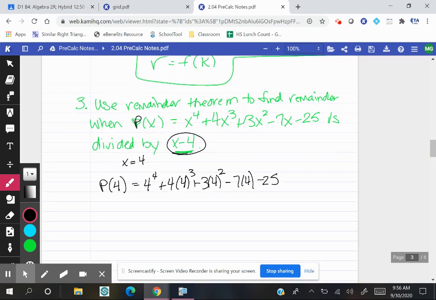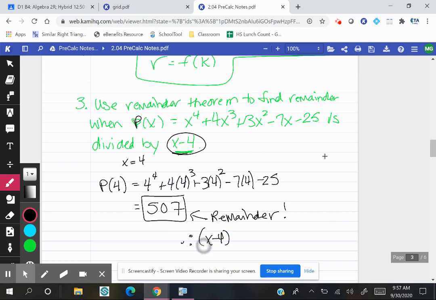Type that whole thing into my calculator, and it gives me 507. So that would be the remainder if I were to divide the two polynomials,